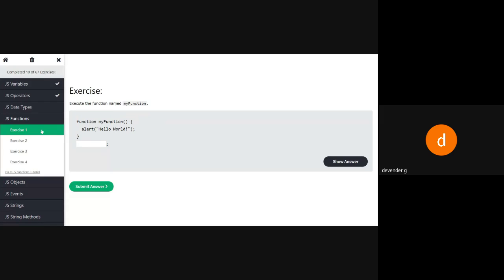Now we'll move to the function. So already the function is created, saying my function alert dialog box. So how are you going to call this? How are you going to call this function? Yes. So you declare the function by saying function name, and in that some statement is there.